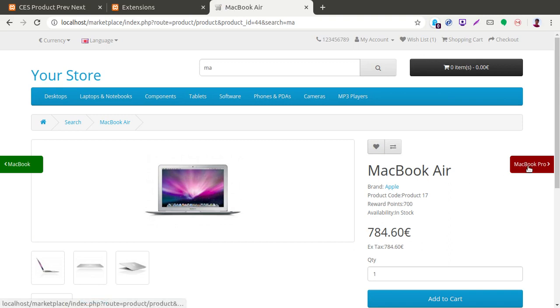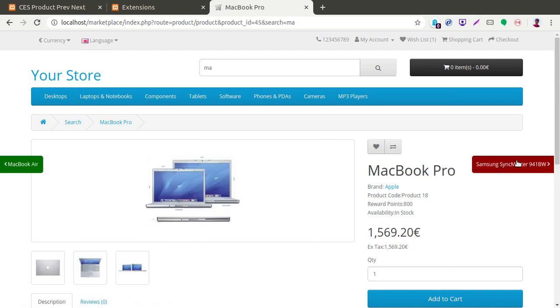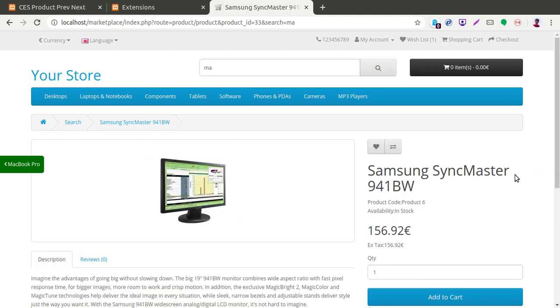Here you can see MacBook Pro and Samsung SyncMaster, and next no product. So it basically can be used with the search options, with the search criteria that you are using. The previous next will help you in going through all the steps with the search that you have been using so far.